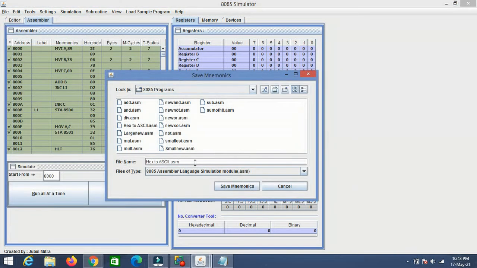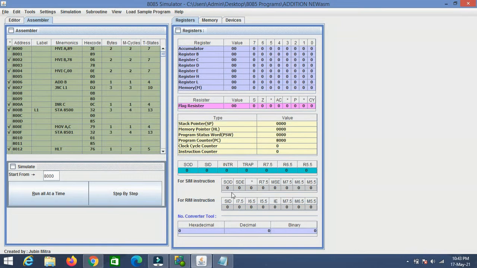Once you save this, you can save it with a new name. Let us assume I am storing it as addition and new. So, new addition, I am saving it. Now once you save that program, look here, it was assembled in a proper way. You have the machine code here, that is MVI A is 3E, then this 89